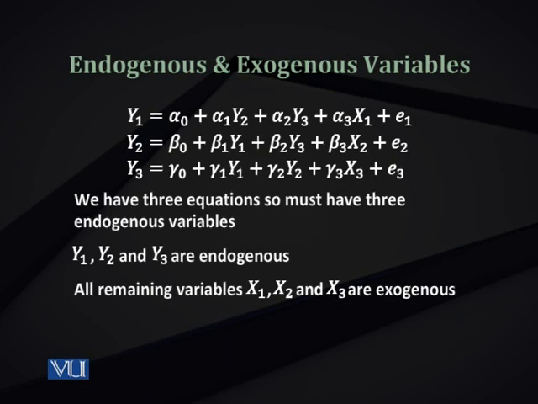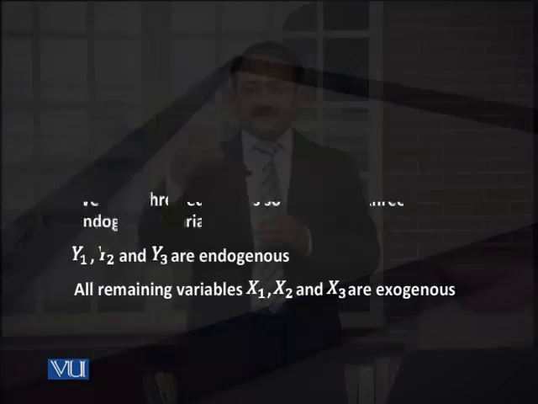So you identify endogenous variables and then you say that the rest of the variables are exogenously determined in order to solve the model. Remember that if you have three equations, you need three endogenous variables. If you have four equations, you will need four endogenous variables. Rest of them are exogenous. Also remember that it is not necessary that you have exogenous variables in the model.